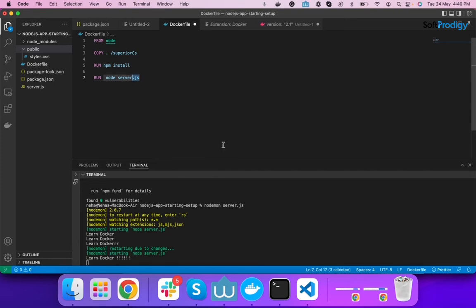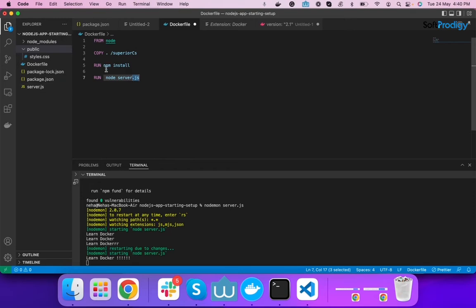So this is a Docker file, and we are giving instructions from this Docker file to Docker right now. So what is Docker going to do? Docker is cloning an image from Docker Hub that is related to node, and after that Docker is copying all the files and folders of our current working directory to the Superior CS folder.